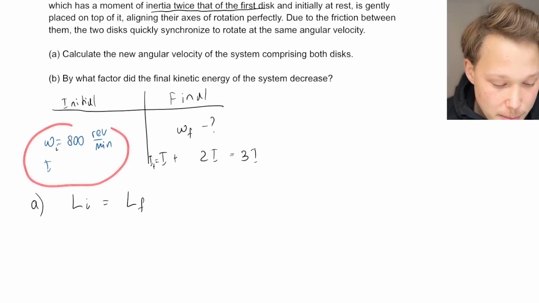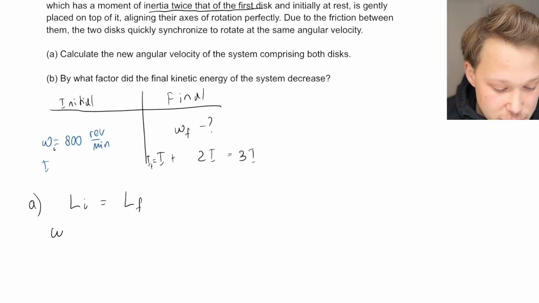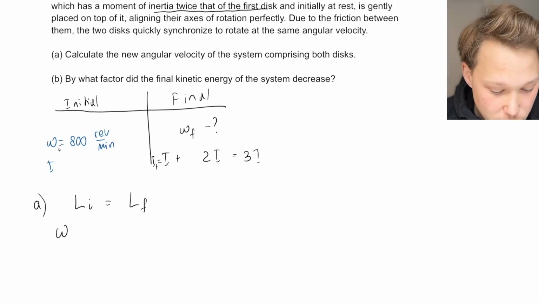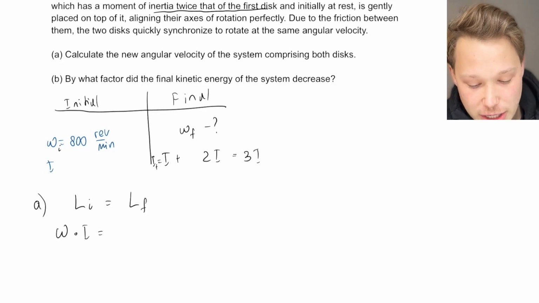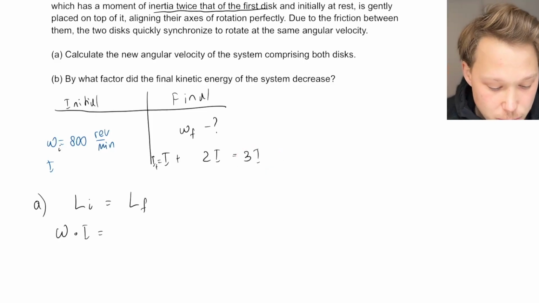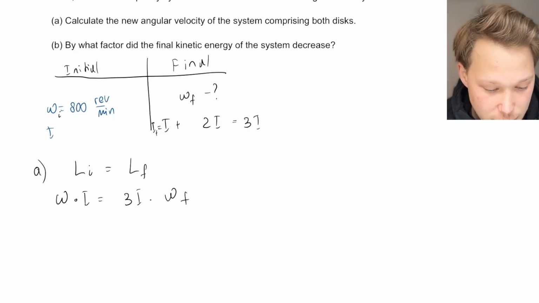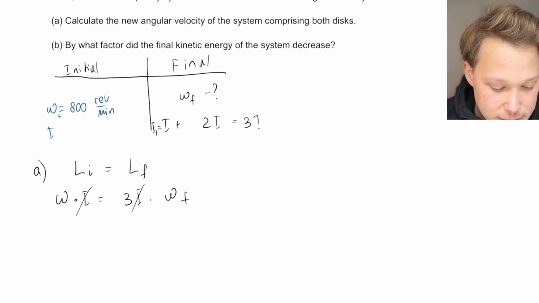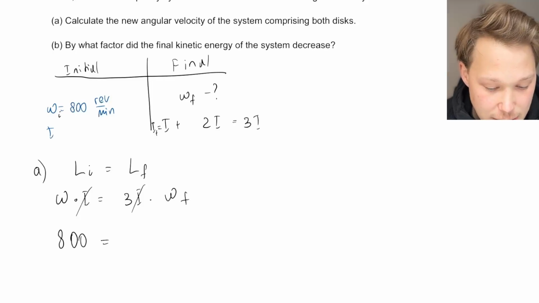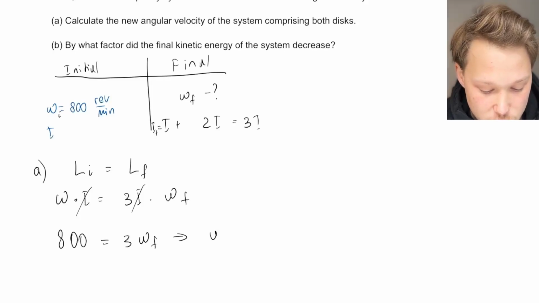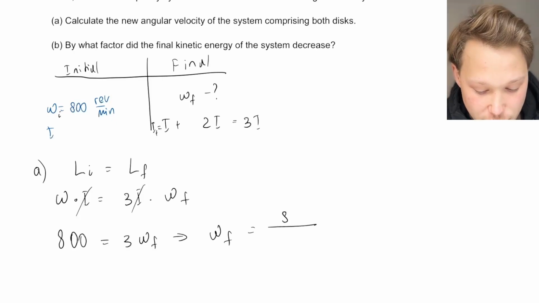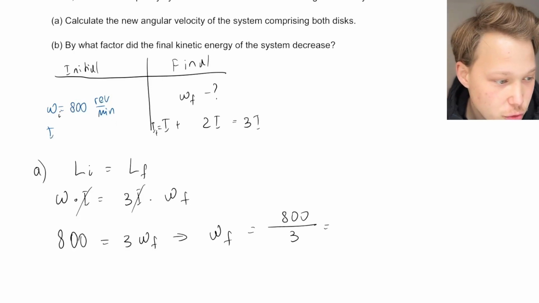The initial angular momentum is going to just consist of the first disk, so omega times I, and the final angular momentum, now they're rotating together, so it's going to be 3I times omega f, final velocity. Now I here cancels out. The initial velocity, right, is 800 revolutions per minute and 3 omega f. So the final rotational velocity is just going to be 800 over 3, or